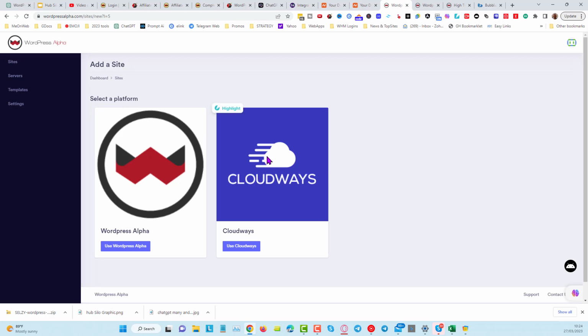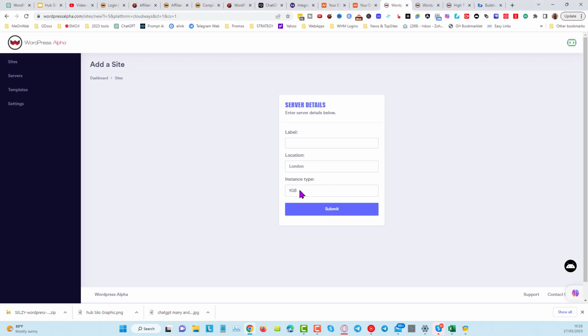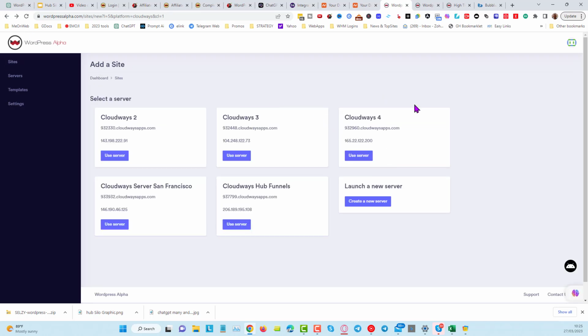Okay, next. We have Cloudways. This is better for multi-domain servers. Okay, so we're going to choose Cloudways, and you can see I've got some servers already set up. Now, if you wanted to create a new server, you would click on this and you would choose according to the server size that you want. Okay, ideally 2 GB will get you about 10 websites. Okay, that means 10 websites within one 2 GB server. Okay, I'm going to come back over here into the dashboard. I'll just go back, and I'm going to choose an existing server,